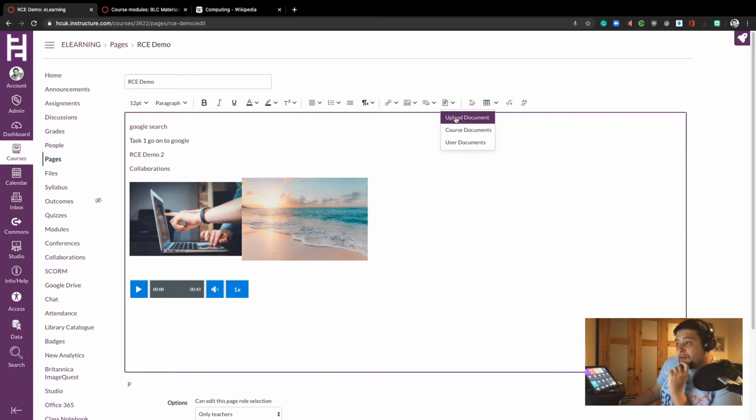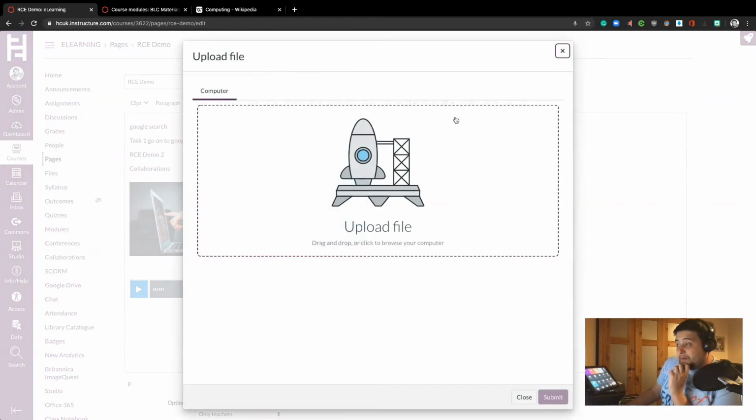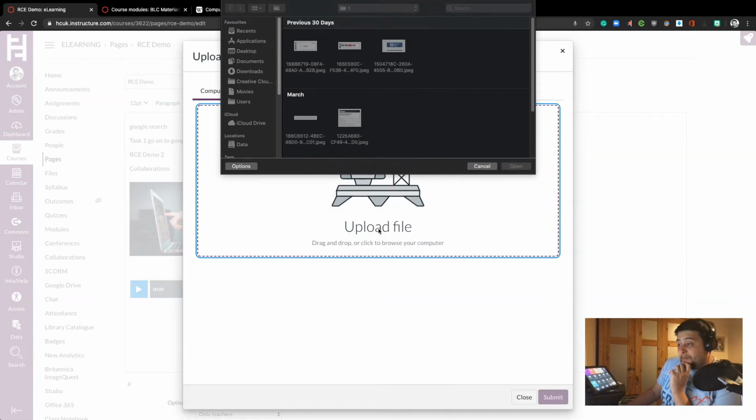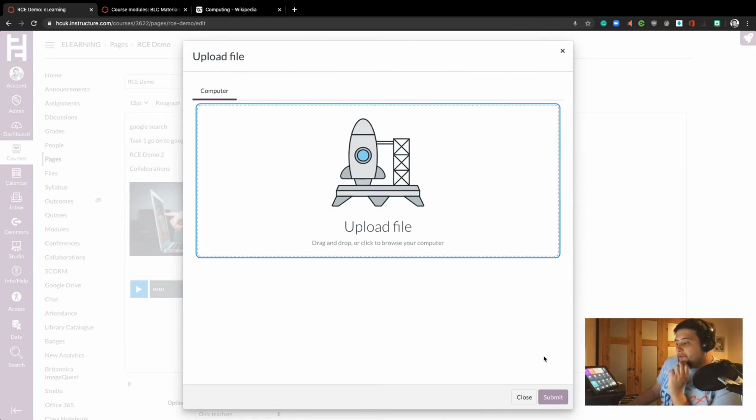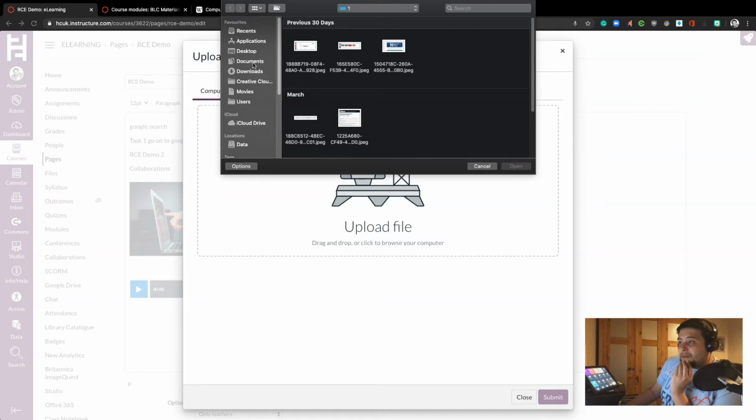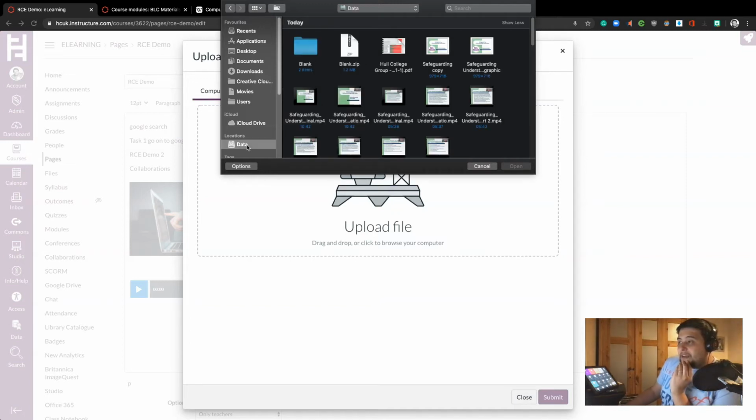So if I wanted to upload a document, I could do by clicking on upload, and it allows you to upload from your computer. So you can drag and drop that file directly on there, or you can go and search for it by clicking it and then searching your file explorer or your finder inside a Mac and go and look for that file itself. So if I went to do that, I might as well try and see what I can find here. Let's